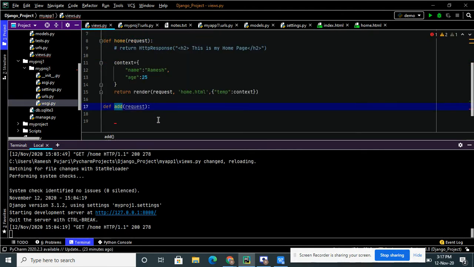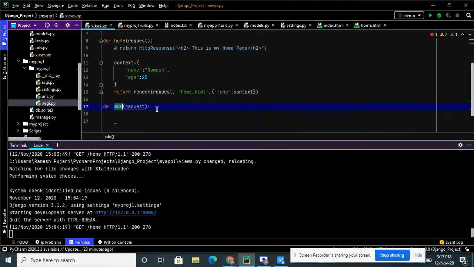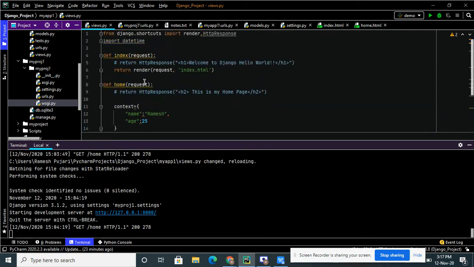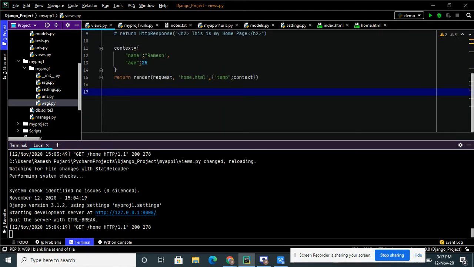Next I will write this logic. So now I will take one more method, that is addition. def add(request).